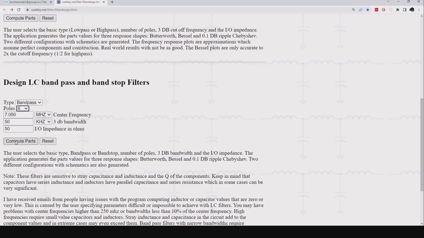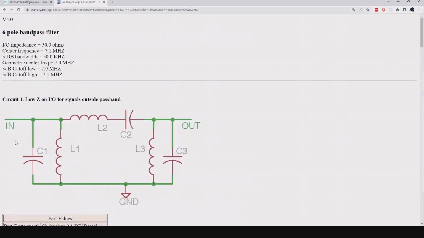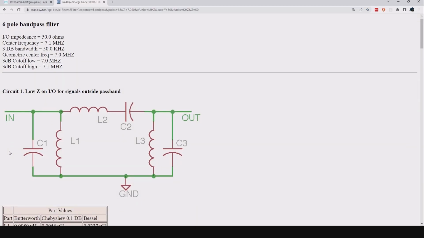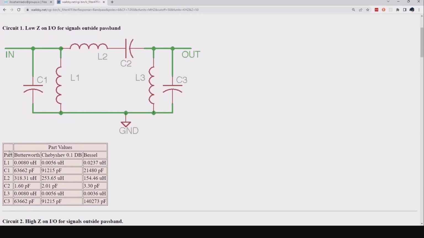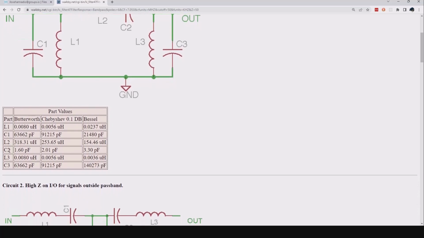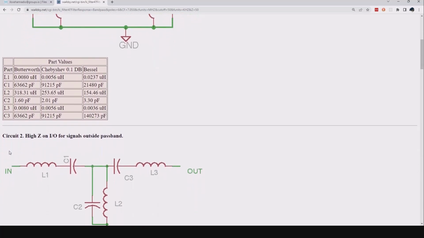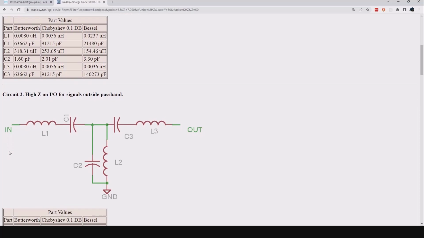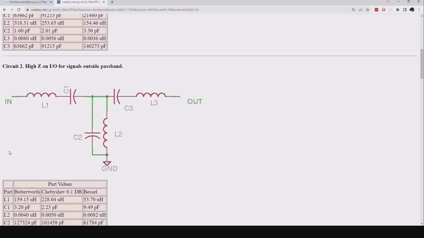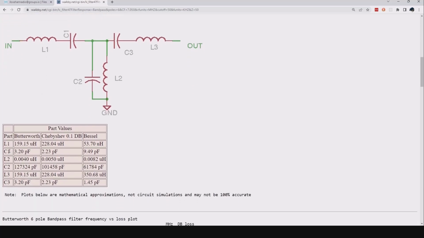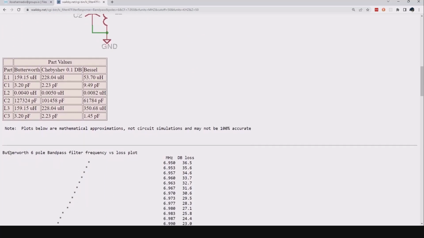And it'll be 50 kilohertz wide, so it'll be 25 kilohertz on either side. So this is the design for it, and your values. And then here's the circuit if you needed a high impedance match, and the values you would use there. And then here is your